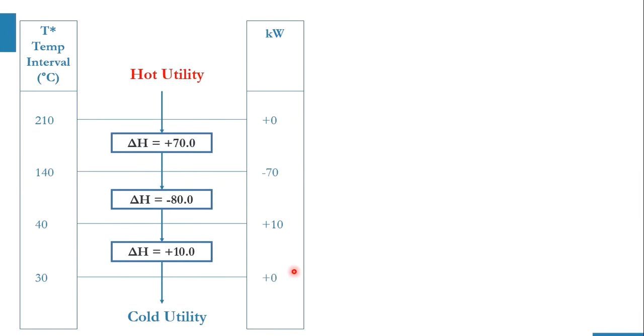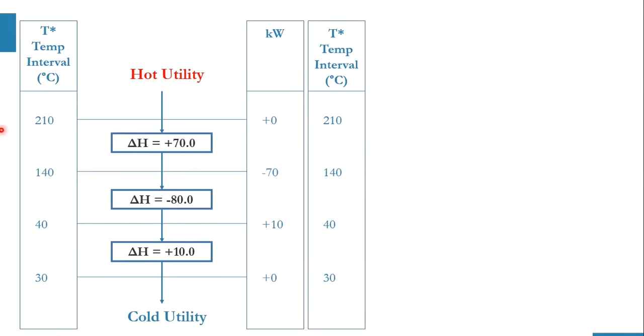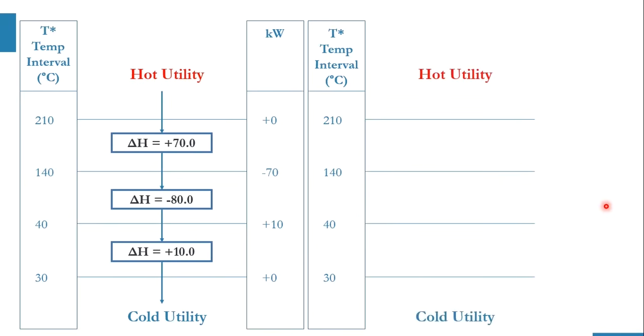So that's basic mathematical calculation, and I am hopeful that these calculations are clear to you in this exercise. Now again you need to draw the same column over here, again the same lines, hot utility here, cold utility here, and now at which point you are getting the minus value.